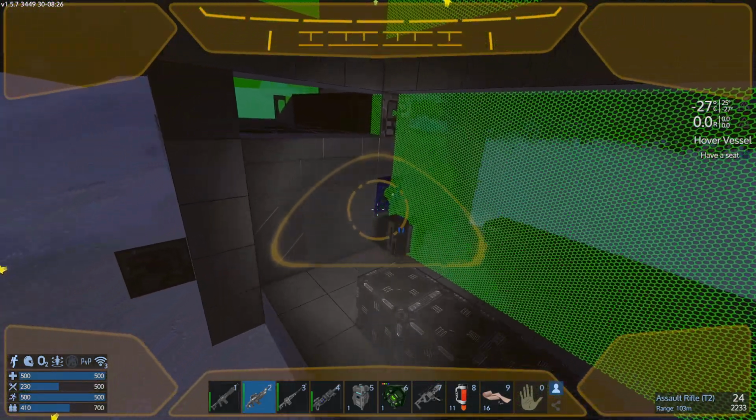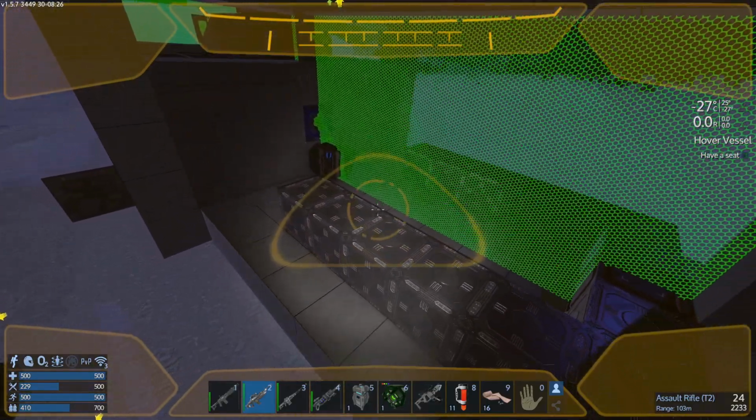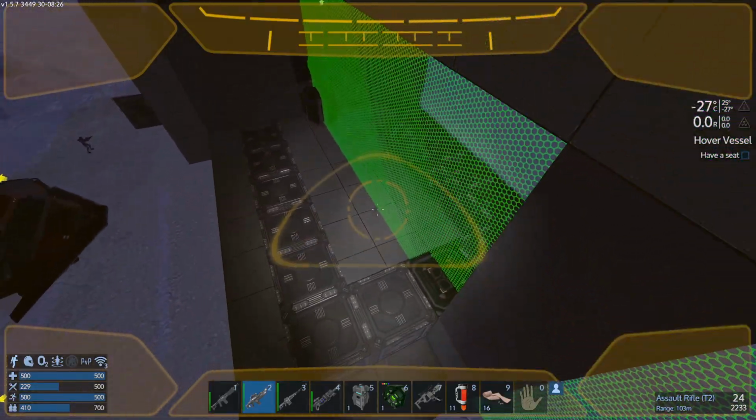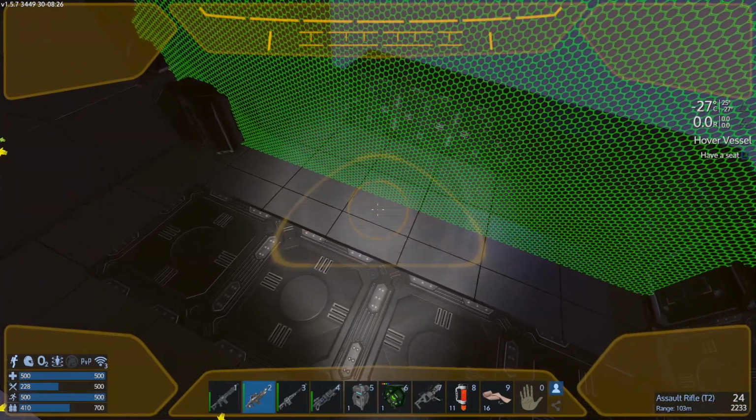So we got that there. We got this built in here. Actually, what I really need is possible. So we need to keep this area here open. But we need some generators, which means we're probably going to need the